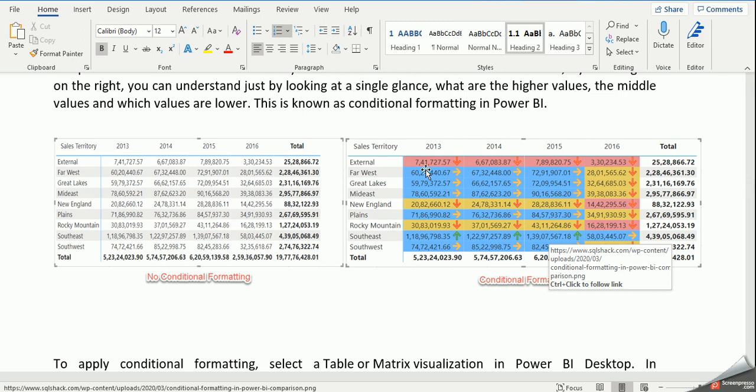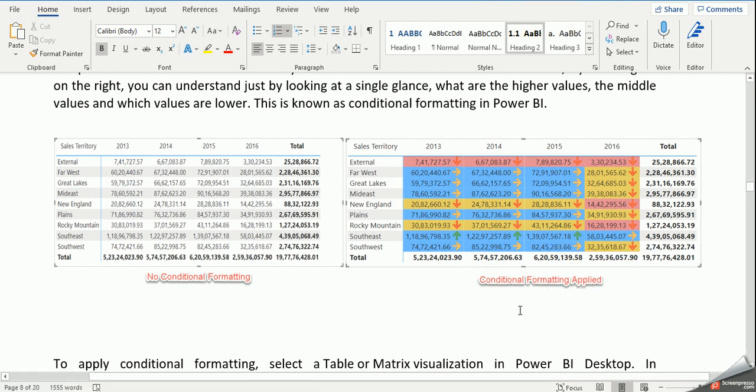Like you can see that this is a very low value, this is somehow a big value, and the blue one is the highest value. So this is an indicator in a column that will easily indicate how your trend is going against what you are looking for.